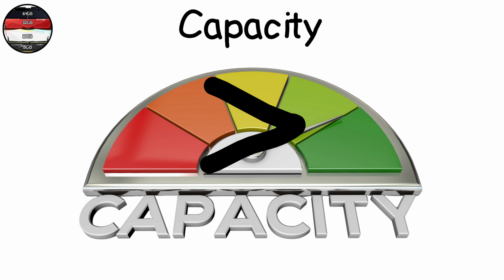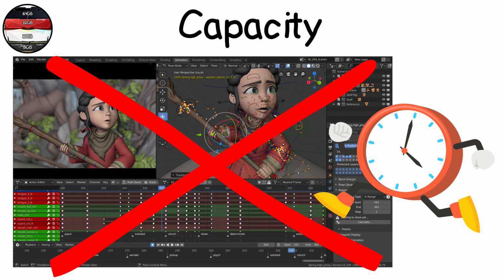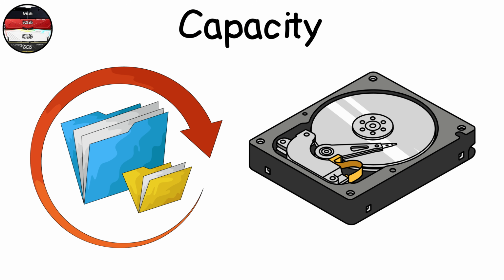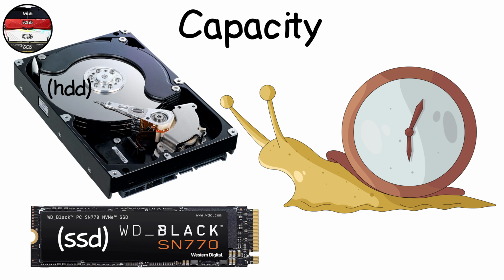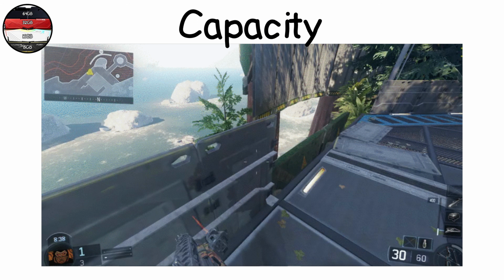More capacity means you can run more programs simultaneously without your computer slowing down. It does not make individual programs run faster. When you run out of RAM, your computer starts using your storage drive as backup memory, which is called swapping or using a page file. Storage drives are much slower than RAM, so when this happens, you'll notice stuttering, freezing, or programs taking a long